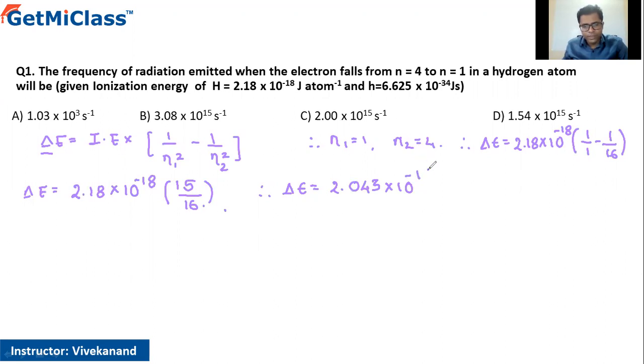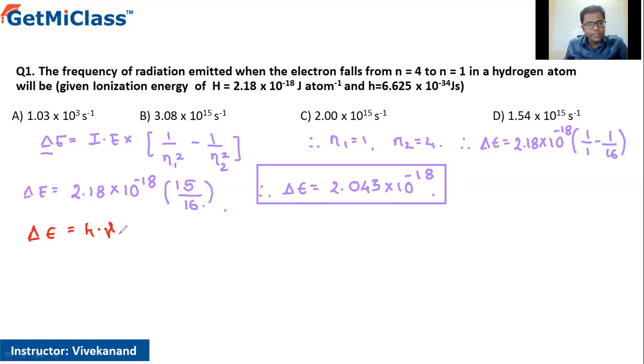So 10 raised to minus 18. Right? So let's keep this particular thing aside. Now, from the other expression, what we have is delta E is equal to h nu. Now, why am I going to take this particular expression is because nu is nothing more than the frequency which we are trying to calculate. So thus, nu, the frequency, is equal to the change in the energy divided by the Planck's constant. So that is nothing more than 2.043 × 10^-18, the whole thing divided by